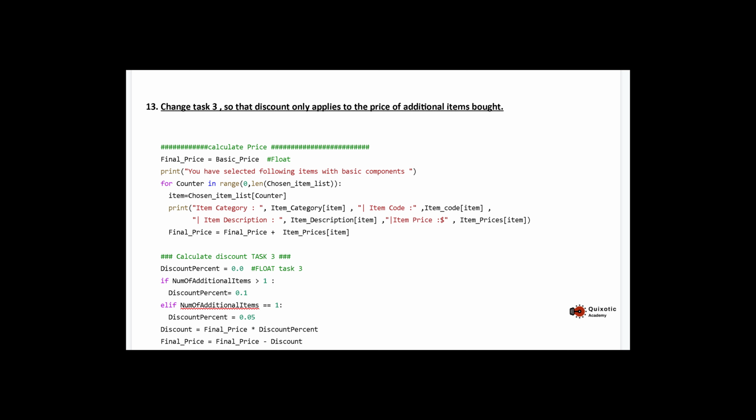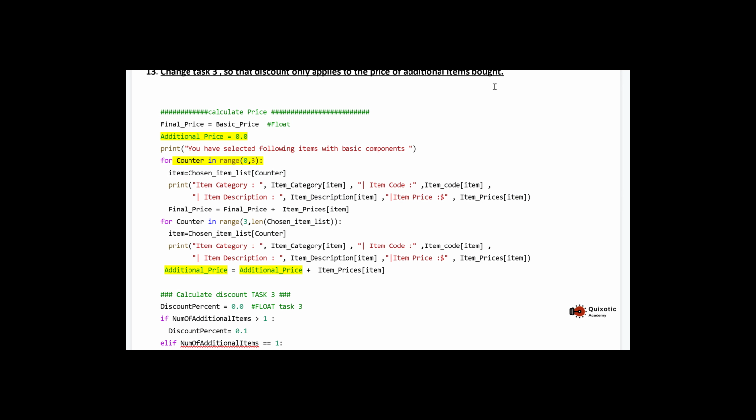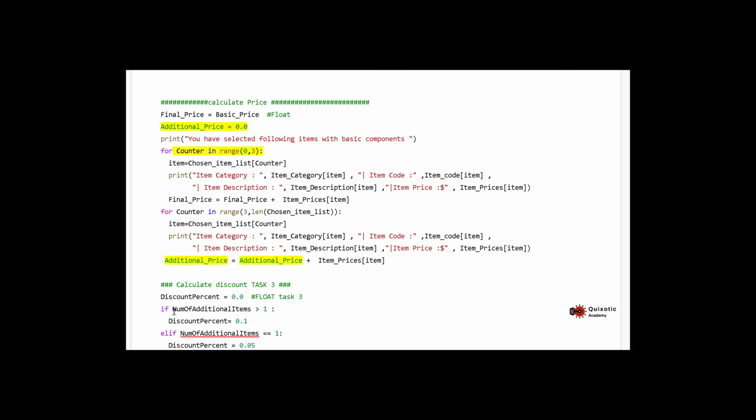So let's play with the code. First of all, we are going to run this loop only for 0 to 3 because the normal price calculation will be the same for the required items. I have also initialized a variable additional price with 0.0 because now we have to calculate the price of additional items separately. This loop runs only for the top 3 items and calculates the price same as before. We have again run a loop to calculate the price from 3 onwards, and this time prices are going in the variable additional price. Discount is set the same way.